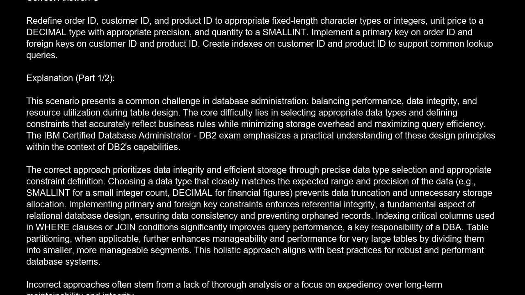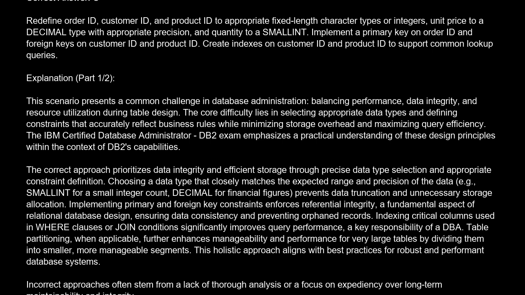Explanation. This scenario presents a common challenge in database administration, balancing performance, data integrity, and resource utilization during table design. The core difficulty lies in selecting appropriate data types and defining constraints that accurately reflect business rules, while minimizing storage overhead and maximizing query efficiency. The IBM Certified Database Administrator DB2 exam emphasizes a practical understanding of these design principles within the context of DB2